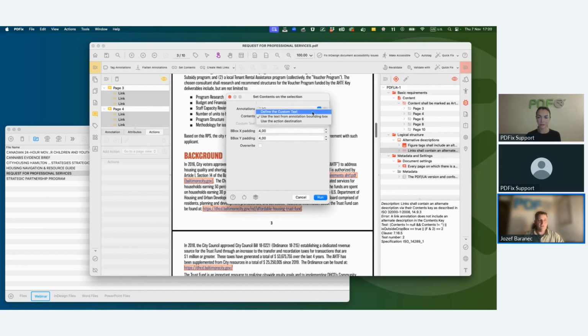Of course, you can define your own custom text. So this means that you can type your own text and use that one. You can also choose the text from the annotation bounding box, and you can also use the text based on the destination action. So for instance, if your link is using the URI action to navigate to a website, then the text will be filled according to this action. In our case, just for this example, I will use the text from the annotation bounding box. So after running